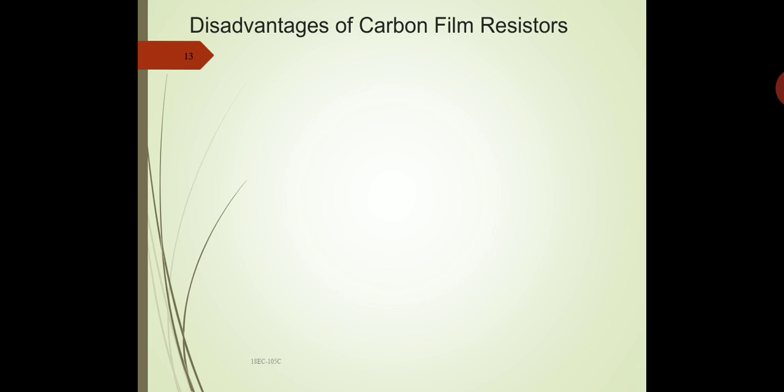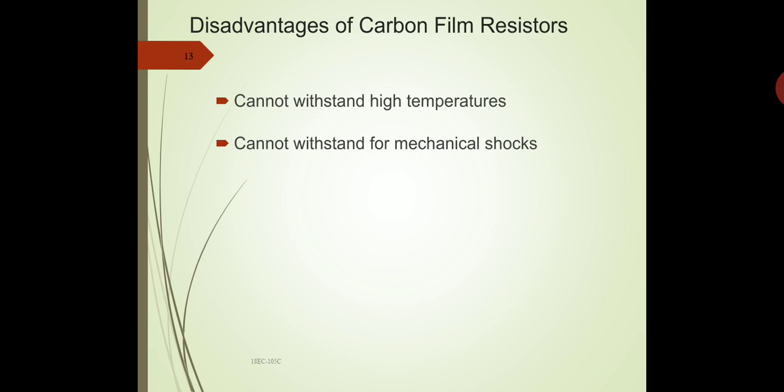And let us see a few disadvantages of the carbon film resistors. These cannot withstand high temperatures. Why? Because the layer deposited is very thin. These cannot withstand mechanical shocks also. There is every chance that, as it is a ceramic rod over which the carbon is deposited, it may break. They are very sensitive to moisture,